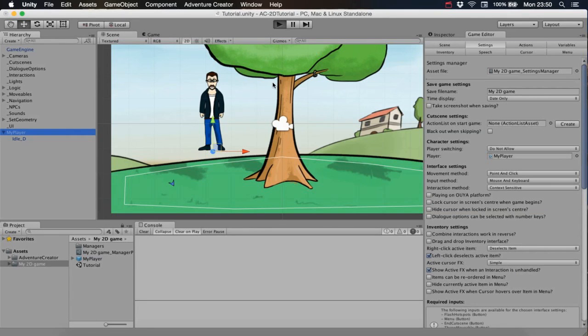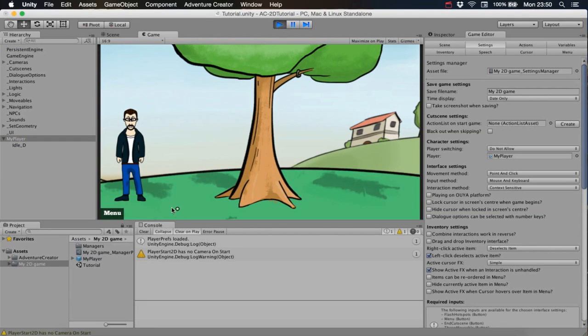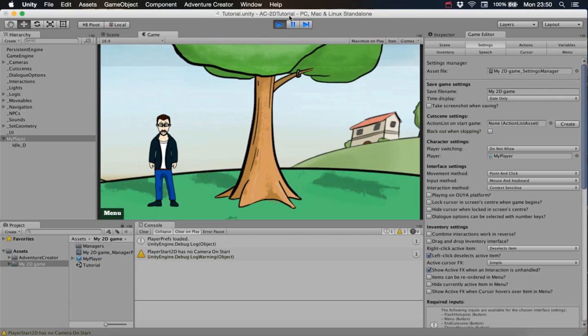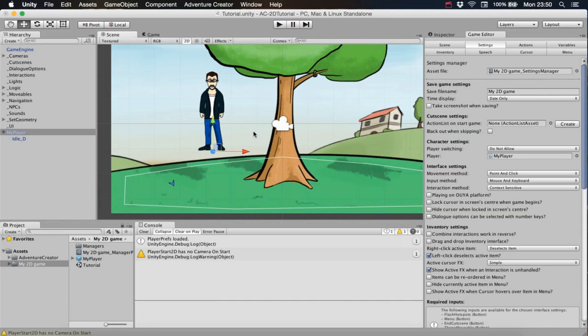Let's play the scene and see what happens. So now we have our player walking around, except he doesn't walk, he's not animated or anything like that. So let's fix that now. This is going to be a tutorial on working with Unity and working with Unity's animation controllers. So if you need to brush up on how animation works in Unity, you should go and have a look at the official documentation. But again, I'm going to be making use of the demo game's animations,